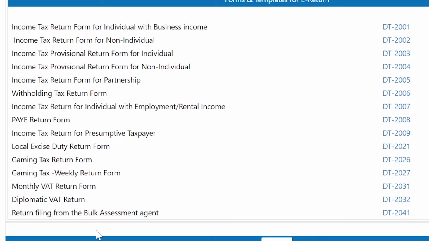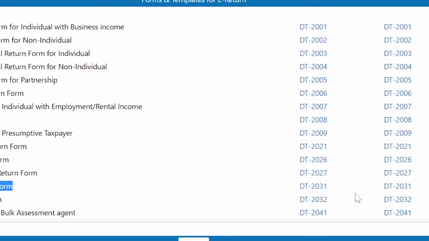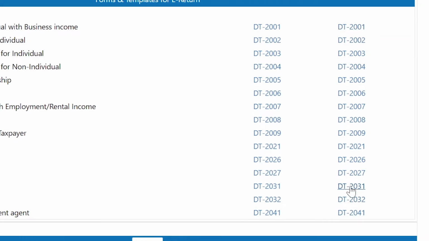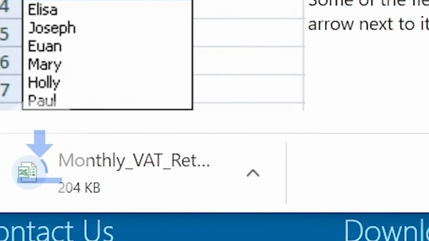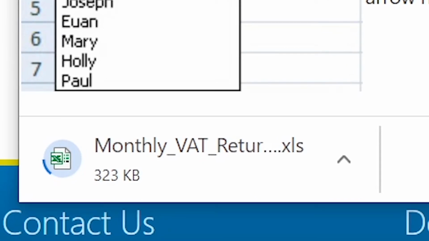This will work whether you're amending any tax return, whether it's withholding tax, pay as you earn, gaming tax or income tax. It will do just the same. Let me demonstrate this using the VAT return. The VAT return is here, the monthly VAT return form. I'm going to go to the second column here and download that template. So I'll click on that, and as I am downloading that template for monthly VAT,